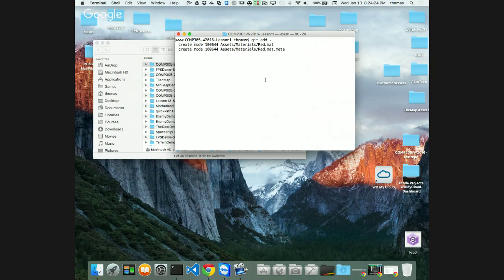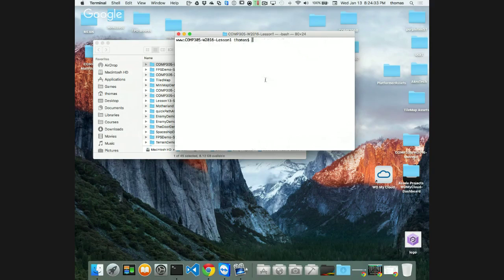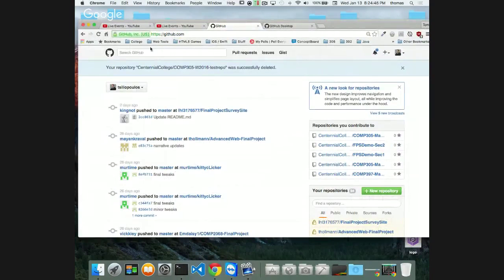There we go. And then it attaches all those files that I added. And I'm going to say git. Let's clear this up first so you can see it. Git push origin master. And what it's going to do is take my local files and throw them up onto GitHub. So now, if you look at GitHub, as we're finishing off, and if you refresh the scene here,